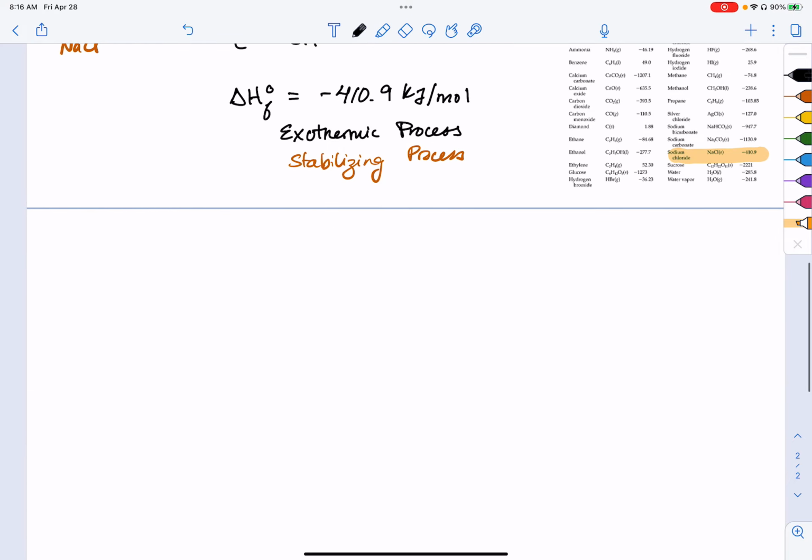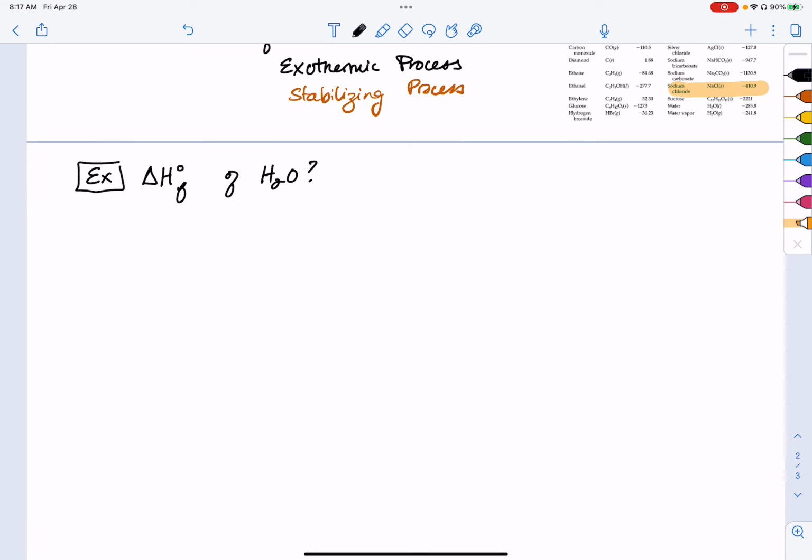So let's maybe look at another example. How about the standard enthalpy of formation of water from its constituent elements? Let's start by looking at our balanced chemical equation. Water is made up of hydrogen, whose elemental form is homonuclear diatomic hydrogen gas, and also oxygen, which is another one of our homonuclear diatomic elements. And if I were to make water from hydrogen and oxygen, H2O,